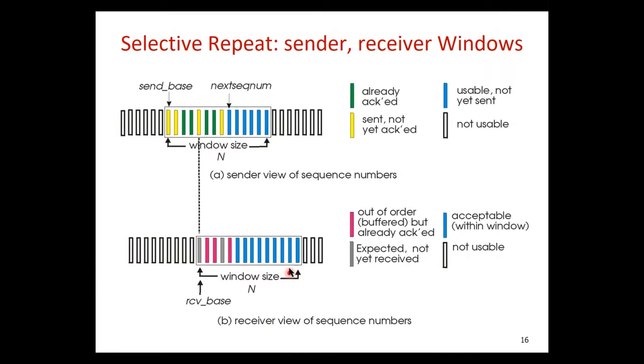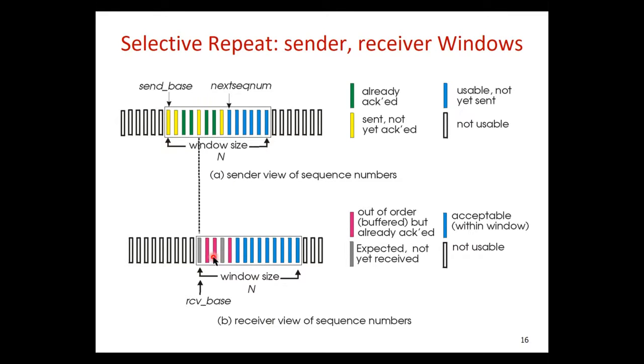Now, in the case of Go Back N, the receiving window is only one sequence number, which is the expected sequence number. But in the case of selective repeat, the receiver window has the same size as the sending window. So if the sending window is N, the receiver window is also size N, because